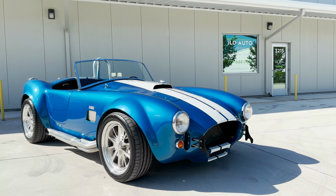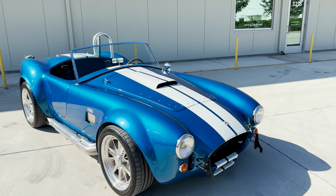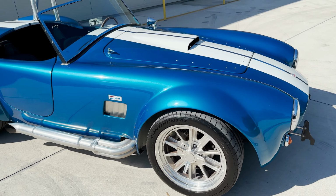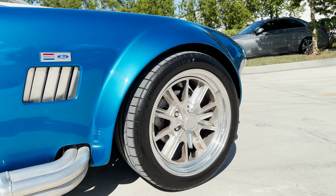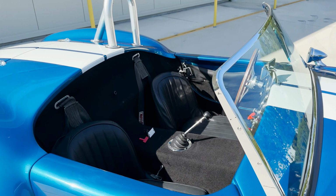New into inventory at JLD Auto Group is this 1965 Shelby Cobra by Factory 5. The specific example is finished in Guardsman Blue exterior paint with the white exterior striping and a black leather interior. This car was built in 2001, but was given a fresh drivetrain in 2018 using a 347, 450 horsepower SBF